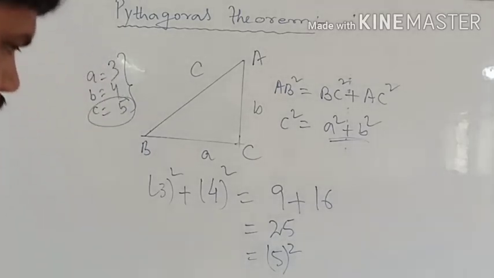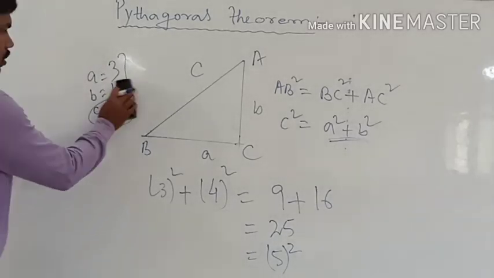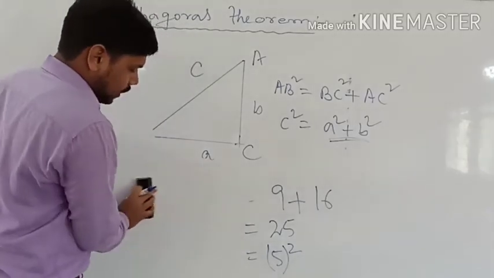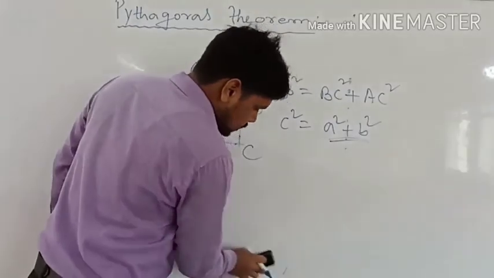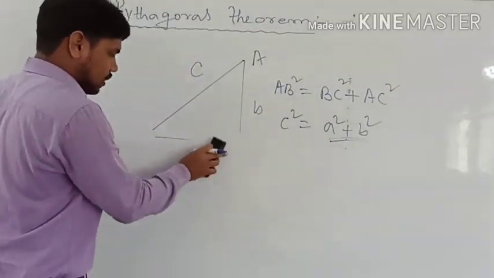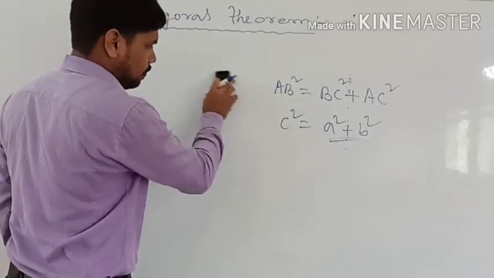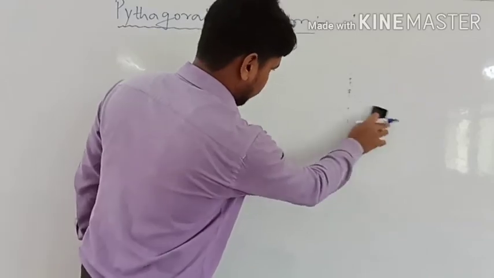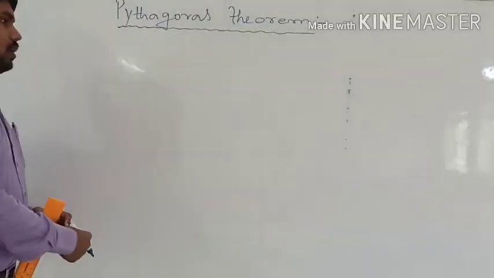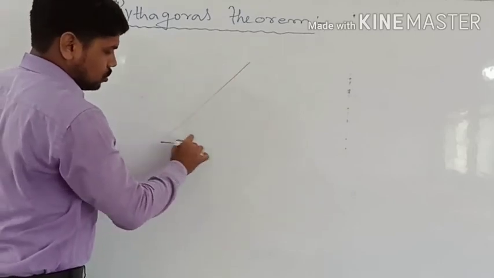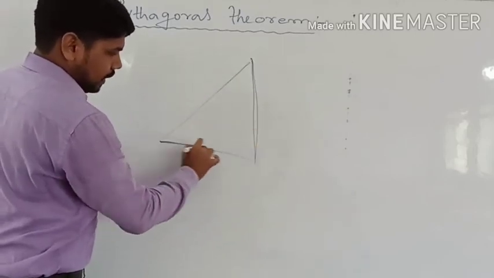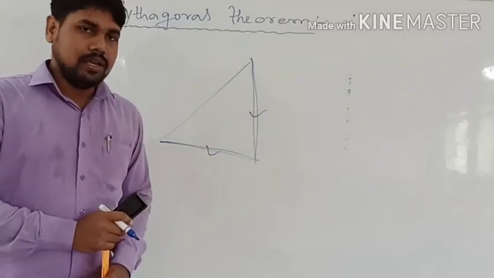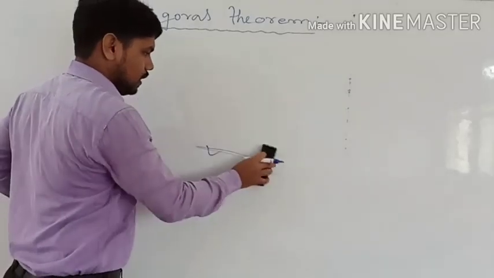So this is one thing. Another thing which we have is the Pythagorean triplet. Pythagorean triplet is the same thing: when a square plus b square is equal to c square, then we can say those three numbers which were given are a Pythagorean triplet. Okay, and we also know that, except for the hypotenuse, these two sides of the right triangle, this side and this side, are called the legs of the right triangle. Okay, so these are the basic things about the Pythagoras theorem.